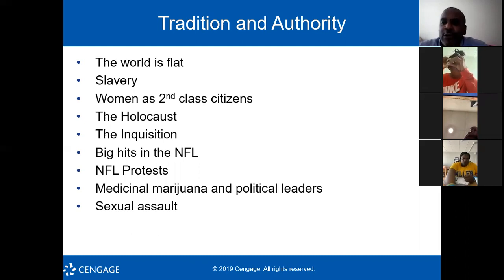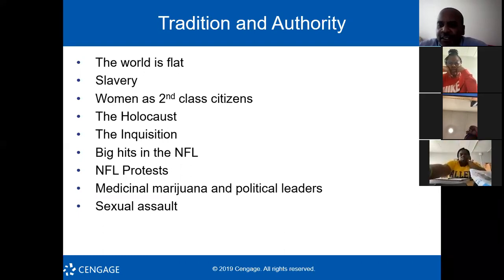The Holocaust, again, the authority figure said, hey, these Jewish people, they're destroying our society. We need to, again, eradicate them. Medical marijuana. So again, for many years, the authority figures told you, oh my God, marijuana is so awful, it's a gateway drug. Like you're gonna do crack if you start doing marijuana. But now, state after state after state is legalizing marijuana. Isn't it interesting? So again, authority figures, they be changing stuff all the time.